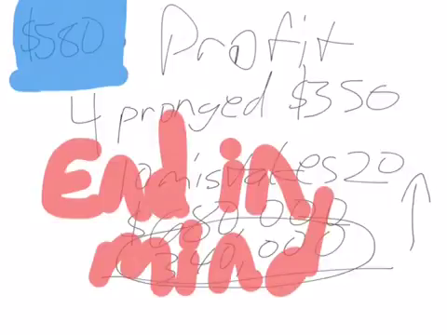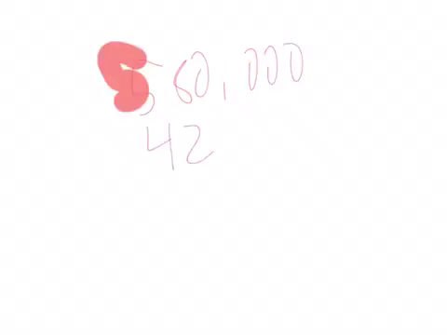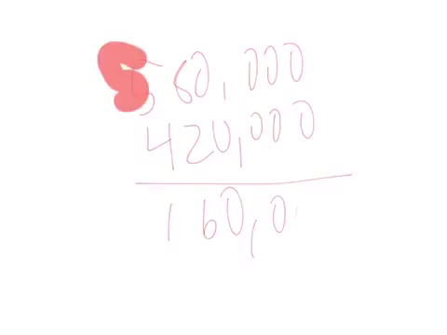So for the next slide, we're going to look at our 580,000 profitability over our initial cost. Now that's how we calculate profit, but remember, for net profit, we have to calculate in what it costs as well. So if we had the $580,000 profit, and we had to spend $420,000, our net is actually that $160,000 profit. So that's still not our ROI. That's just our net profit at this point.